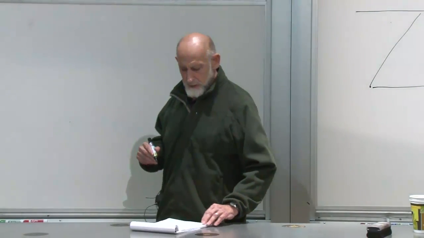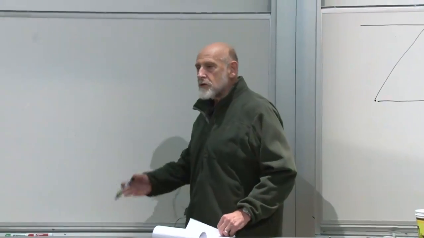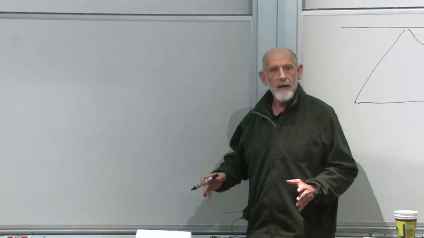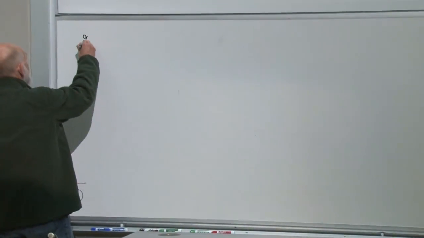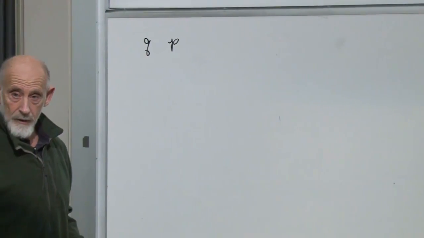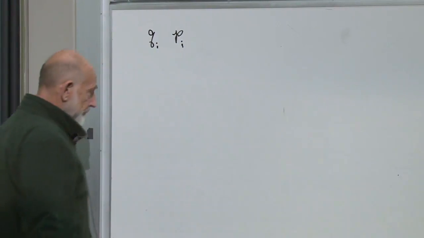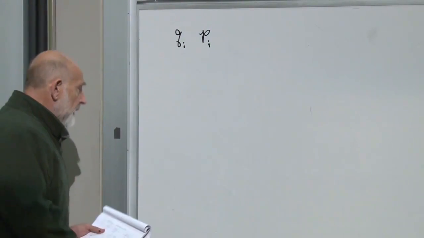Okay, let's get started. Let me write down Hamilton's equations for you again, and then just show you in a couple of lines that they do imply the conservation of energy, which means the conservation of the Hamiltonian itself. All right, so we suppose that we have some system characterized by a bunch of Q's and a bunch of P's. We can put some little index under them to indicate which one we're talking about. For each Q, there's a P. For each P, there's a Q.